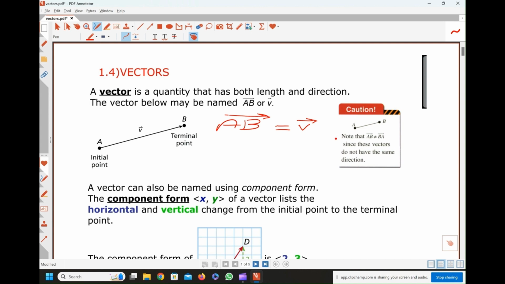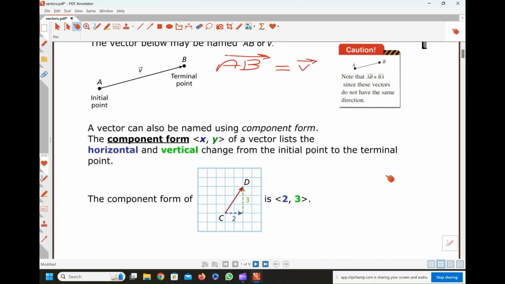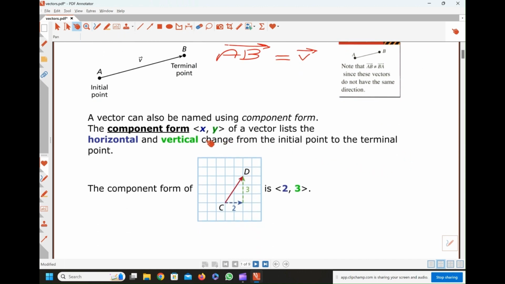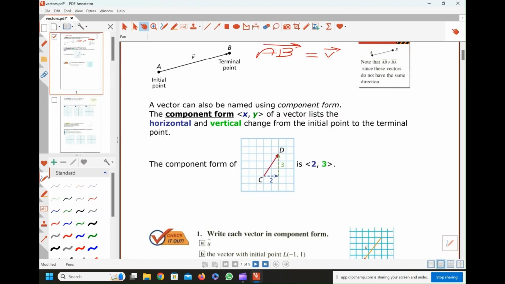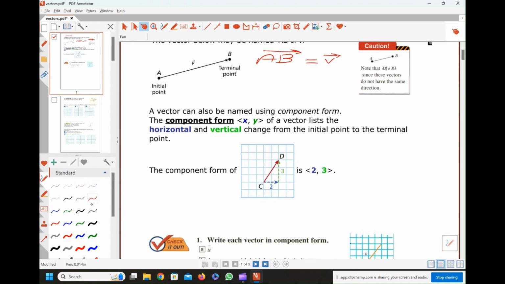We can express vectors in a variety of different ways. One way to express a vector is to write it in component form. Component form of a vector lists the horizontal and vertical change from the initial point to the terminal point. It's like writing coordinates in the coordinate plane. In the coordinate plane, we were writing the coordinates